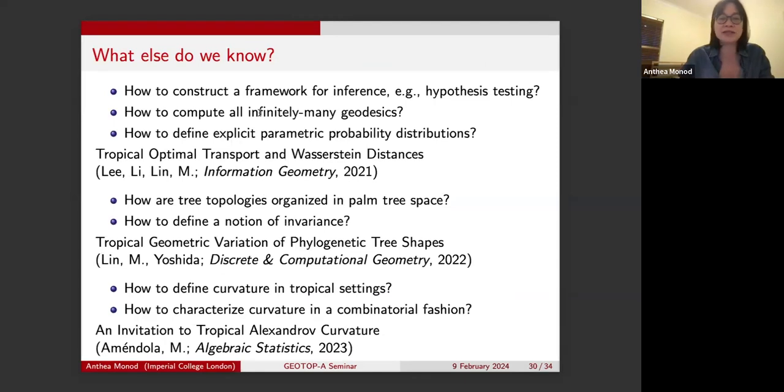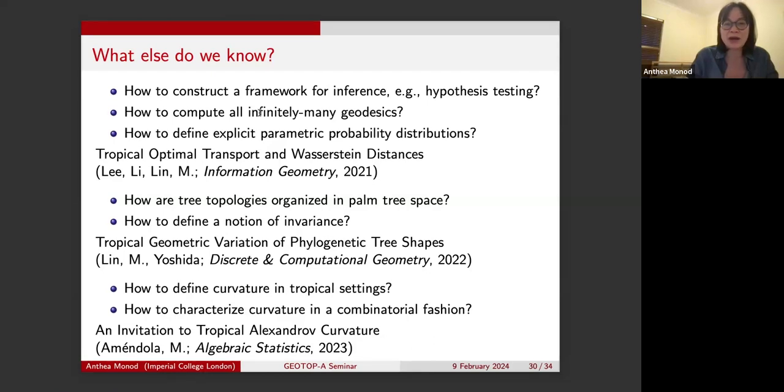So this is very interesting. I think it's a very interesting perspective in terms of tree spaces and the geometry and what this means for statistics. I've done quite a bit of work looking at the geometry of this space. So I want to quickly overview what else we know about this tree space as compared to